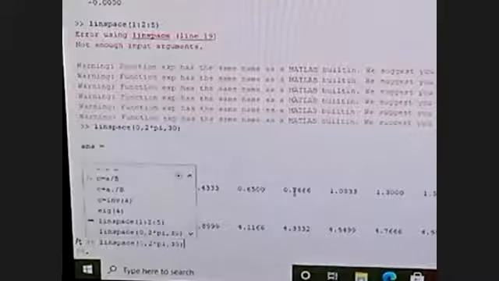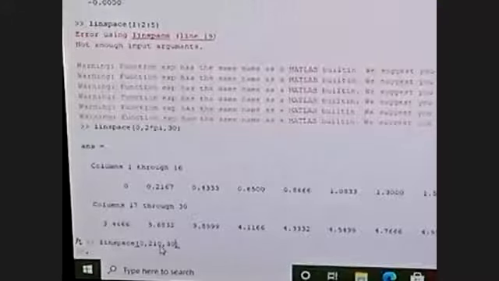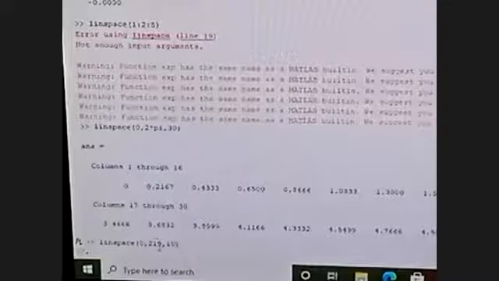Let us take 1:10:2. Otherwise 1:100 can also be taken. Any doubt?